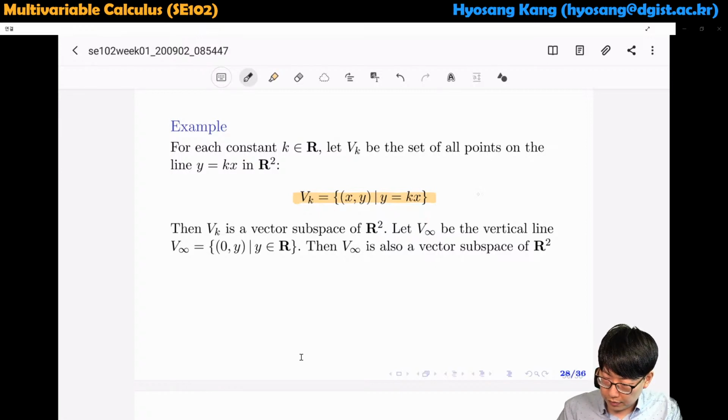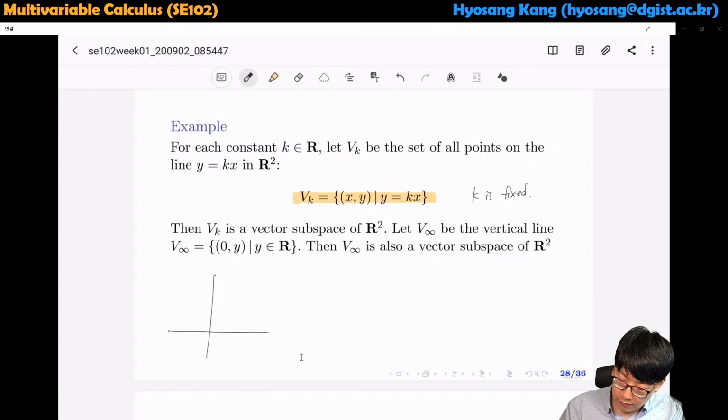So k is fixed. If k is 0, then you get the x-axis, and if k is not 0, you get a tilted line. So whenever you have this line with slope equal to k,